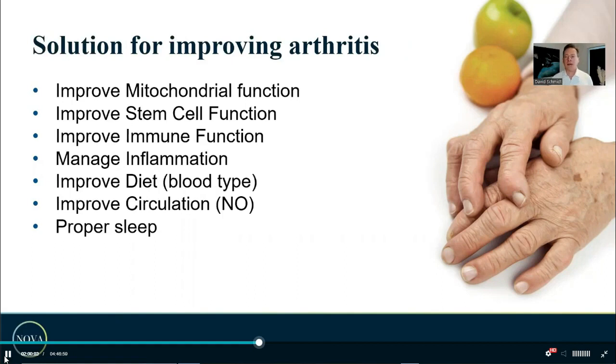So what do we do here? Well, again, we wouldn't normally think about it this way, but we've got to improve the way your body makes energy. If you're not making enough energy, you're just not going to be able to heal. Goes without saying, we've got to improve stem cell function. We've got to improve the immune response. It's how people get arthritis in the first place, and get the inflammation under control. I'm also going to recommend here the blood type diet